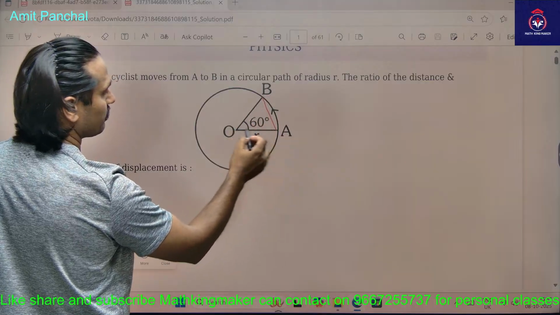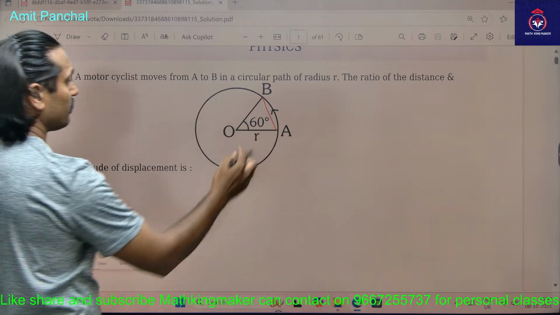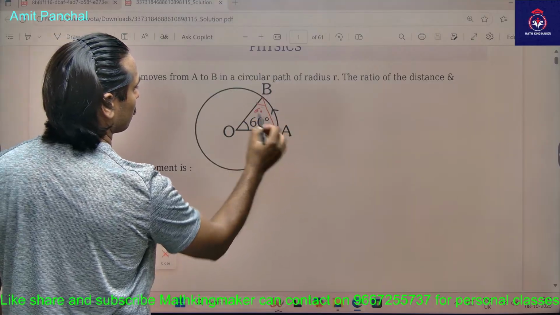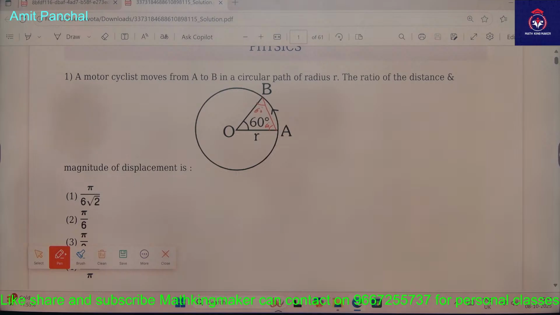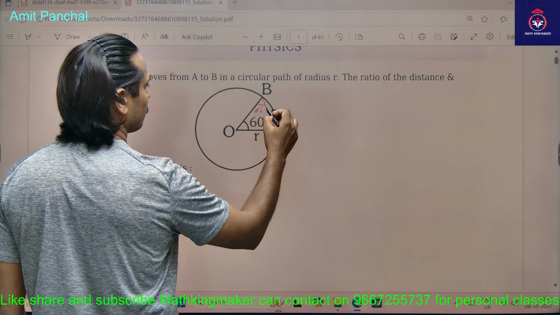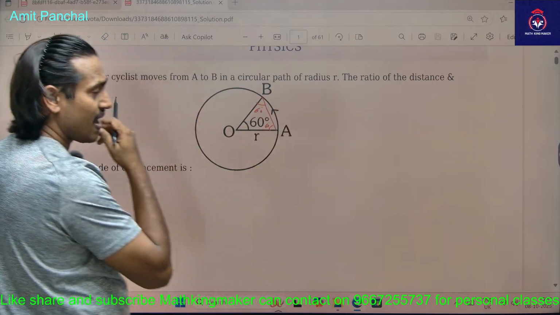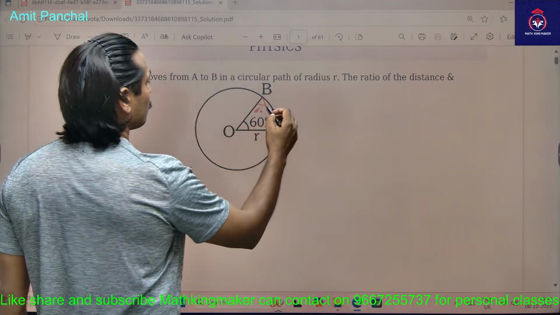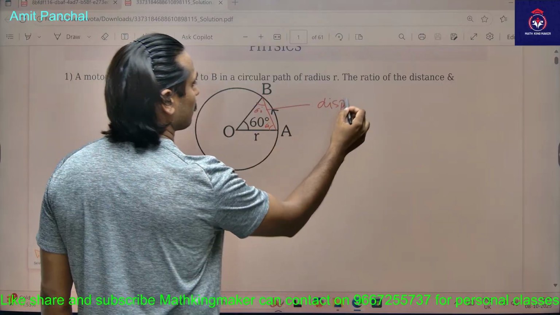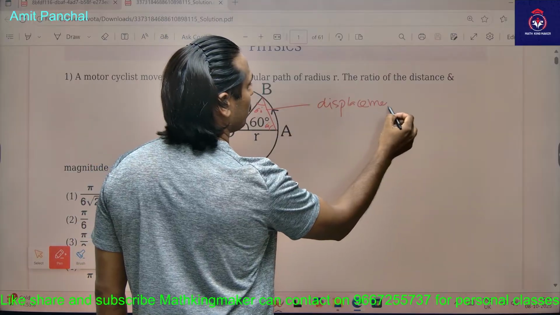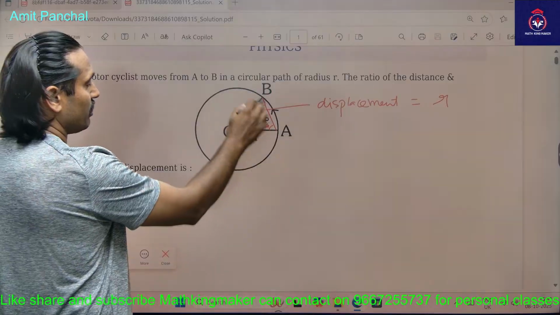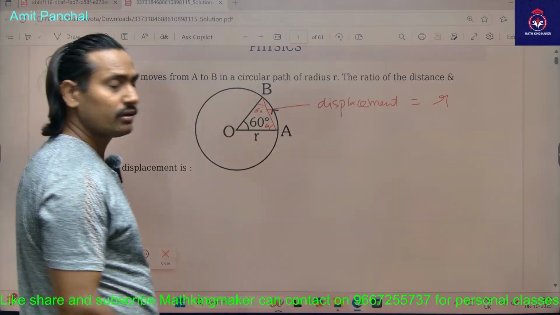These are the radius. So as it is 60 degrees, these two angles will also be 60 degrees, isn't it? Yeah. So that will be the radius. That means that will be an isosceles triangle, sorry, equilateral triangle. So the displacement would be r. Displacement will be small r. And what will be the arc? Arc length would be the